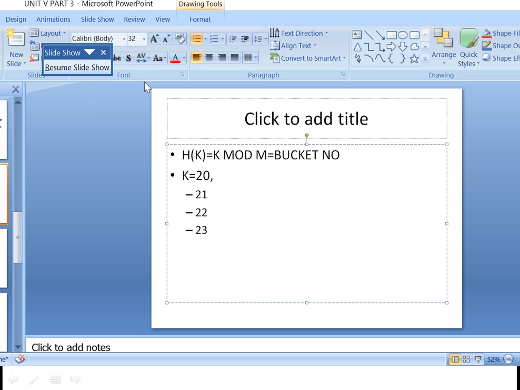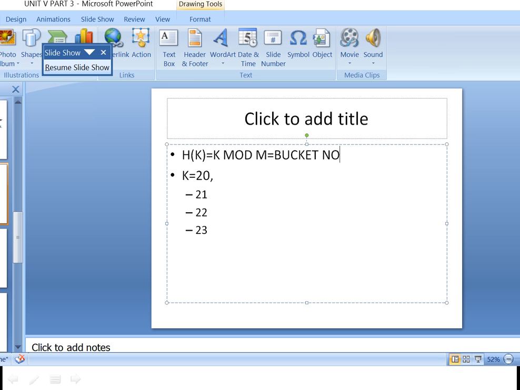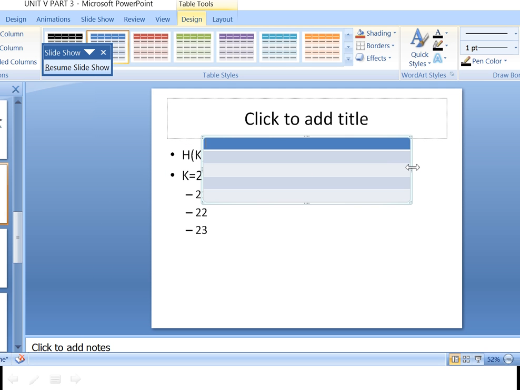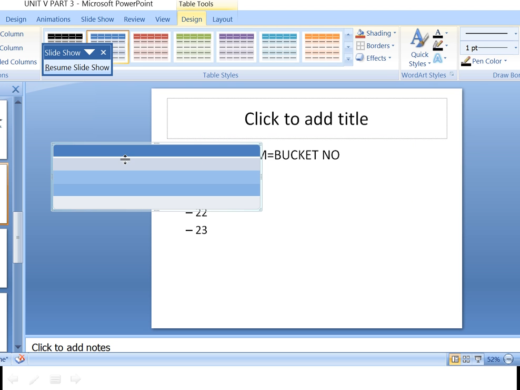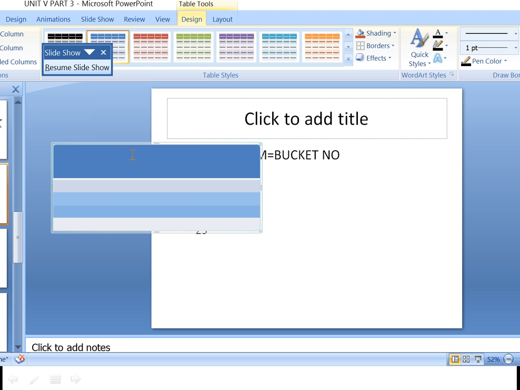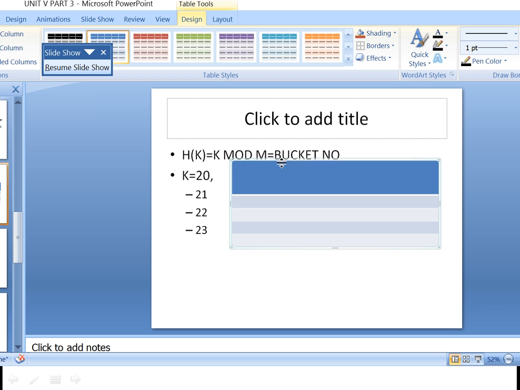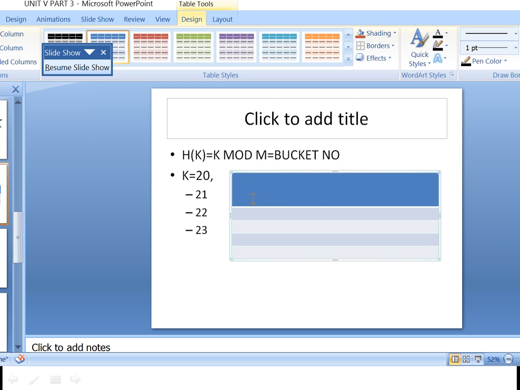Now let's say I have a bucket. For example, this is my bucket, and let's go with 20 mod m.